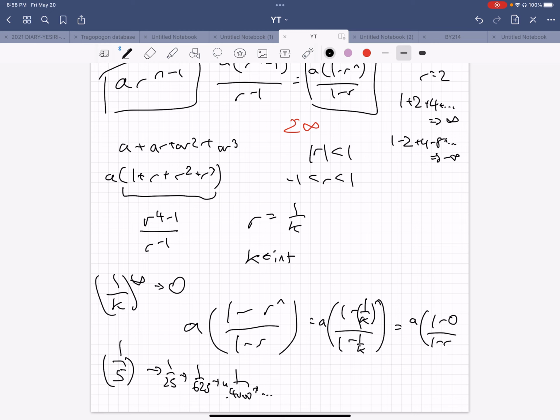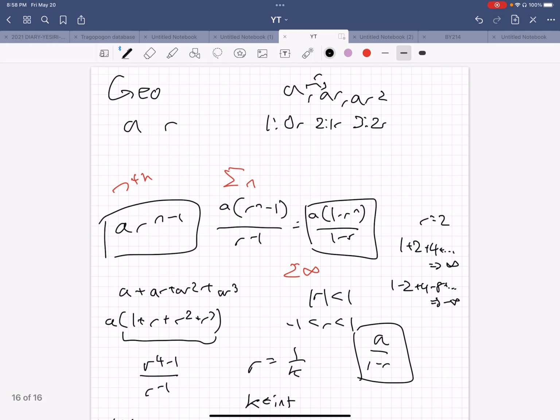But 1 minus 0 is just 1, so we can get rid of it and say it's a over 1 minus r, which is a lot friendlier than our other formula. Sorry, a over 1 minus r. But that's it for